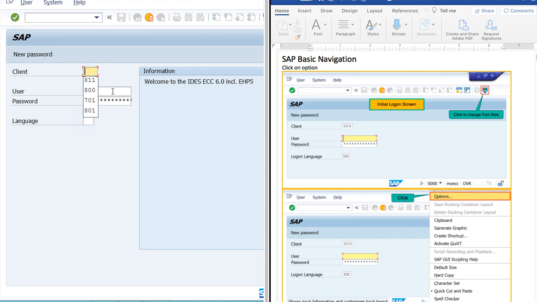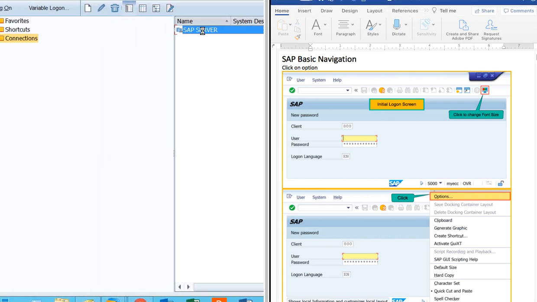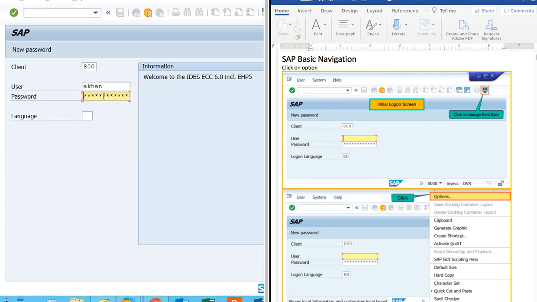Usually there are 3 clients in any company you work in. I will show you in the future why we need 3 clients, right? So our client is 800. By default, when you double click, it will come as 800. You don't need to enter 800, so it's already coming 800, don't change it, and then just enter your username and password,